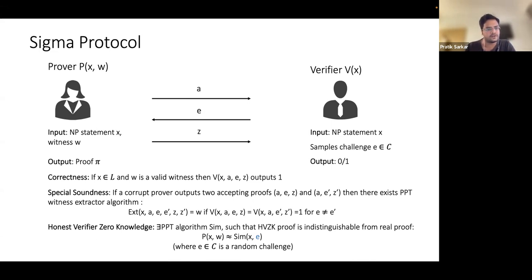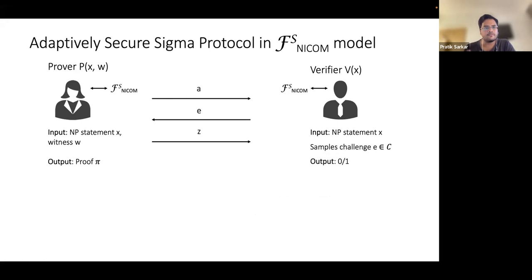So this is the honest verifier zero knowledge. Now let me define the adaptively secure Sigma protocol in the FNICOM model. Here we assume that the prover and the verifier algorithm have access to the FNICOM functionality to compute this A and Z messages. So under the hood, it's like the prover can use the FNICOM to perform the commitments in